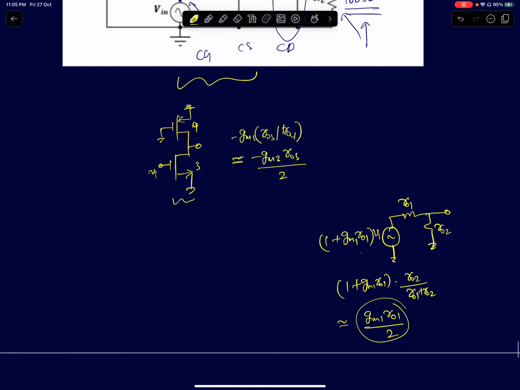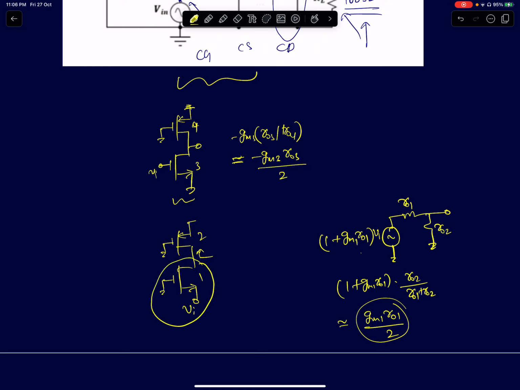In the same way, for a common gate configuration, where I'm assuming the load is again a current source load, let this device be M1 and M2. I'm applying input at the source. I have already derived this previously in one of my lectures. You can go through the low frequency analysis of a common gate amplifier. How can you analyze it? You can draw the